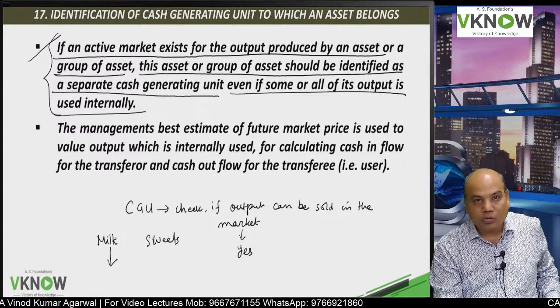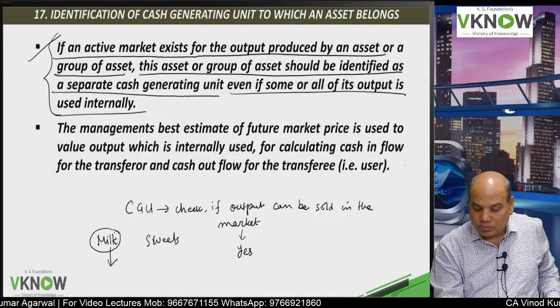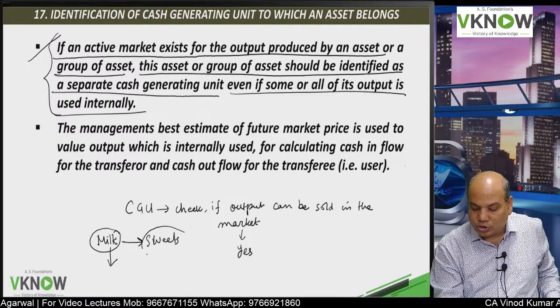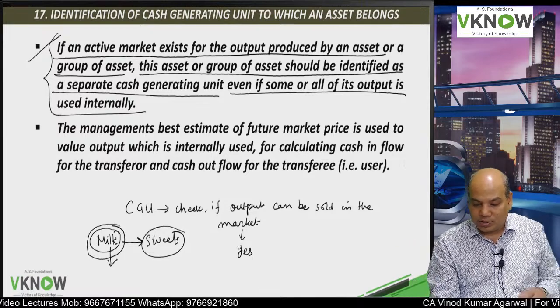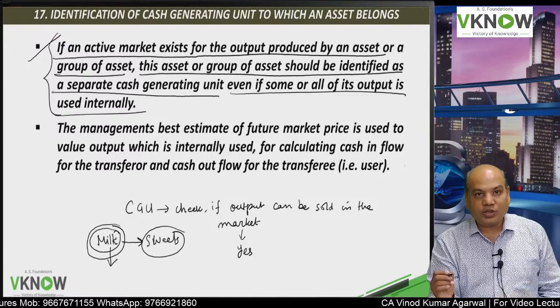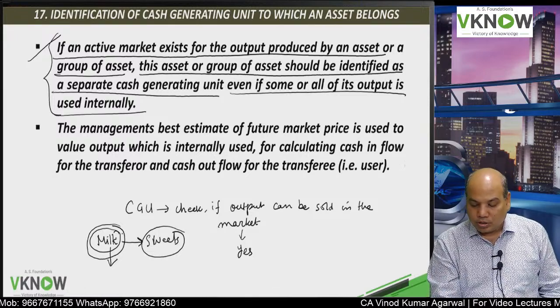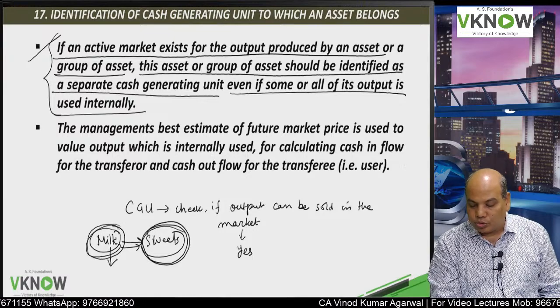Milk is capable of being sold in the market independently, but milk may also be supplied to the sweets department. Still, milk can be treated as a cash generating unit. Milk department can be treated as a cash generating unit. So how do you estimate the cash flow of this milk department, which is transferring some of the output to